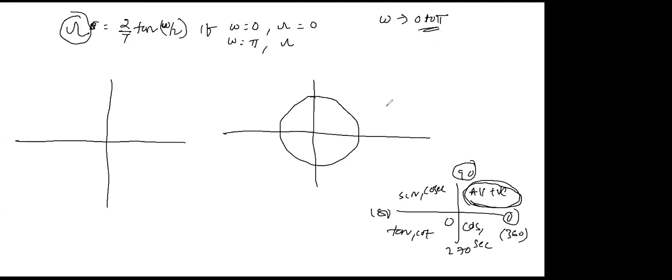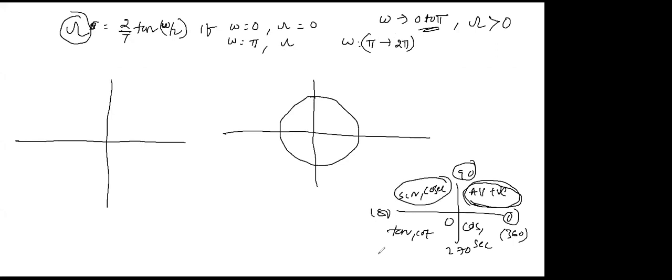It's positive. So we can say that when small omega is ranging from 0 to pi, this capital omega is greater than 0. Yes or not? Now, same way, if you take small omega equals pi to 2 pi, then what will happen? Omega by 2 goes from pi by 2 to pi, so tan of pi by 2 to tan of pi. Pi by 2 to pi means which quadrant? Second quadrant or not?